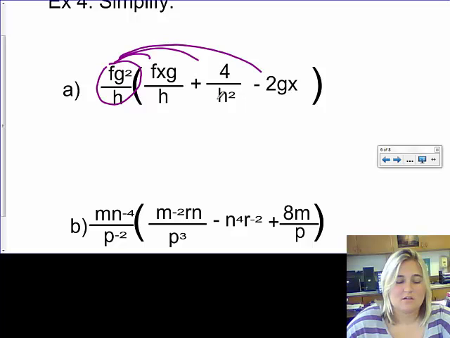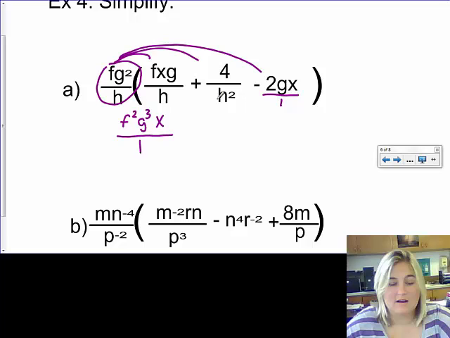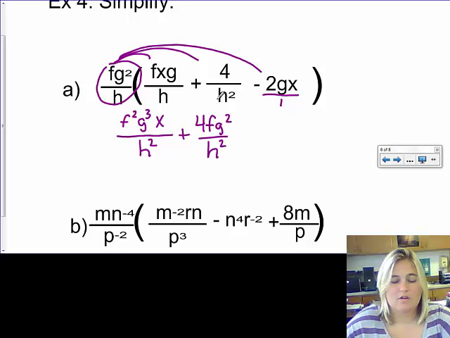This one is not a fraction, but I can make it 1 by putting it over an understood 1. F times f gives me an f squared, because it's f to the 1st times f to the 1st. G squared times g will give me g to the 3rd, because g to the 2nd plus g to the 1st gives me the 3rd. Over, I have h times h, which gives me h squared, plus this 4, I'm just going to tack on with the rest of that, so I have 4f g squared over h squared minus